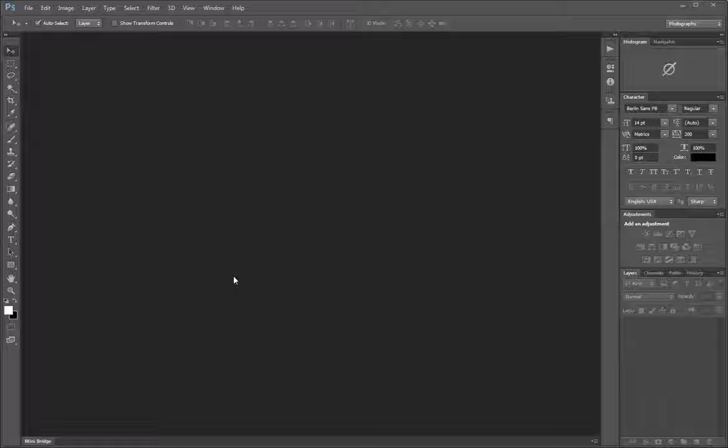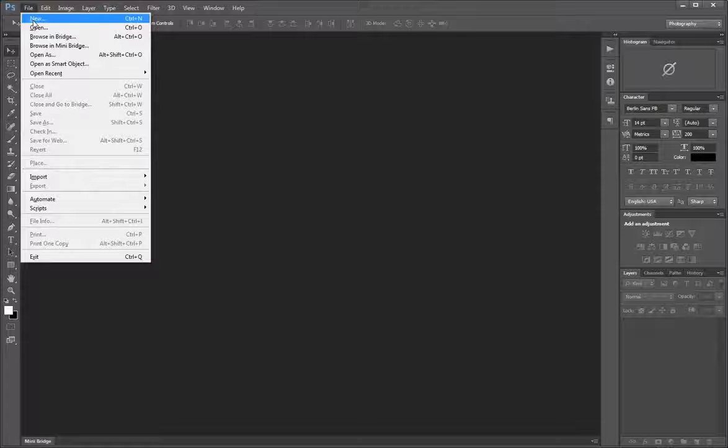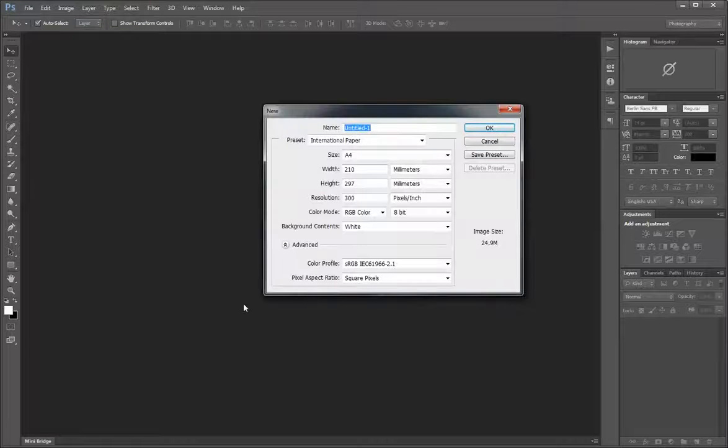So now that you've decided to use Photoshop, now what? Well, you start out with the interface right here, but now you either need to create a new document or open an existing document. So if I go to File, New, or Control or Command N, this will bring me to a dialog box